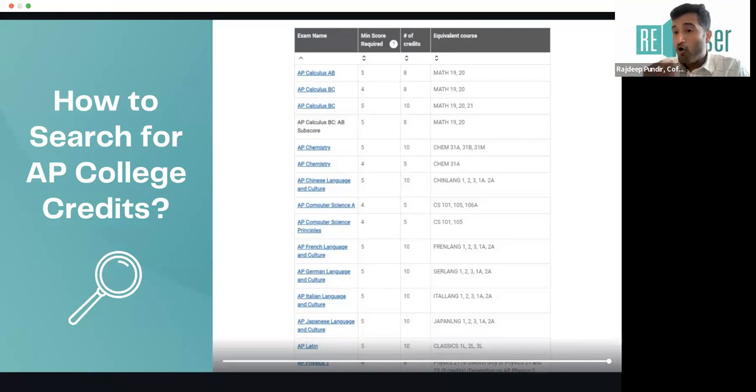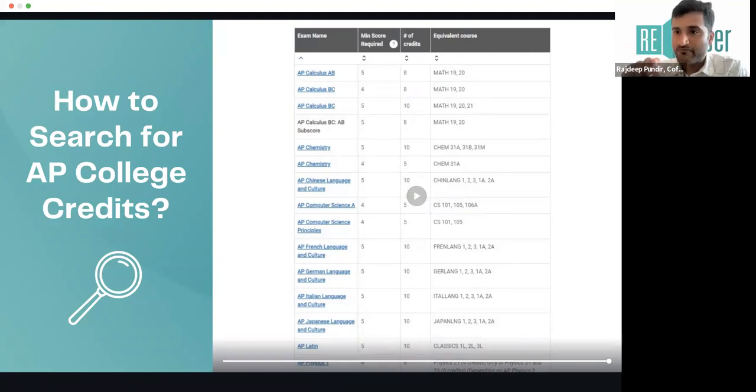B, they can skip all these 3 math courses in their college and can take some other courses apart from these courses. Those were the advantages I was talking about. Similarly, just to look at another example, if you look at AP Calculus BC, and if you get a 4 and 5 instead of 5 and 5, instead of getting 10 college credits, you still get 8 college credits, and you can skip Maths 19 and Maths 20.